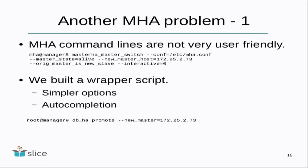Let's keep that in mind, because with MHA, we have other problems. One problem was highlighted when I presented MHA to the sysadmins of the company, and I told them, okay, MHA, very easy. If you need to fail over, you go to the MHA manager and you run a command line like this, and it will do everything for you. And they looked at me and said, look, do you think it's easy? And well, no, it's not easy. But that's right. The command line is not very user-friendly. You have lots of options. You need to be very careful, because if you don't, well, you won't do what you want to do, or